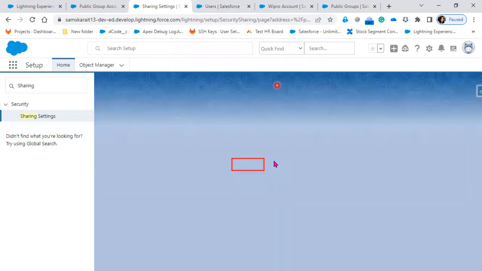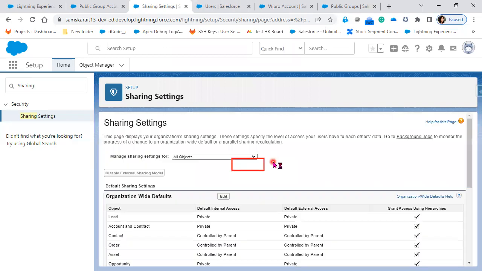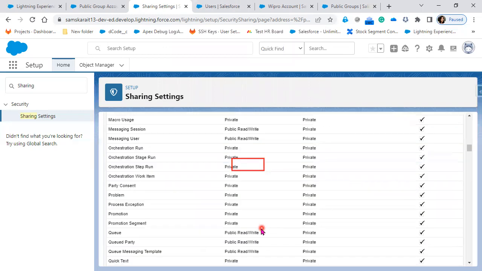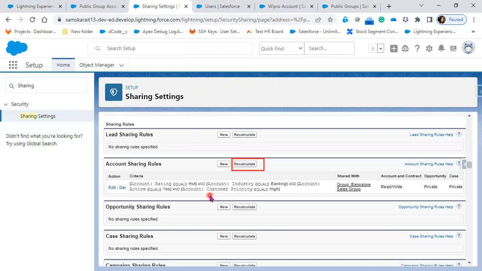So whenever the client says that we have modified the sharing rule, but it did not apply to the existing records, and we want to recalculate,